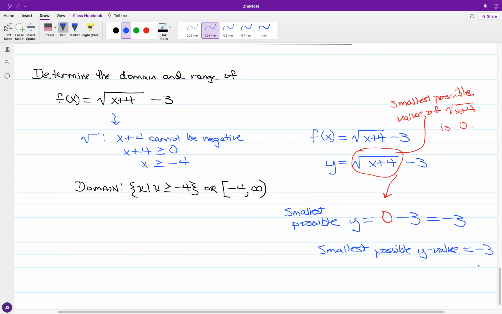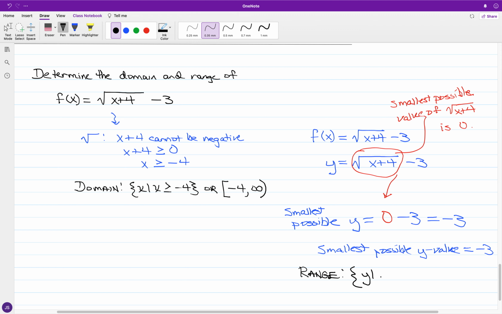So the smallest possible y value is going to be negative 3. All other values in y will be greater than that. And so for what this is going to signal, for the range, okay, so you're looking at,